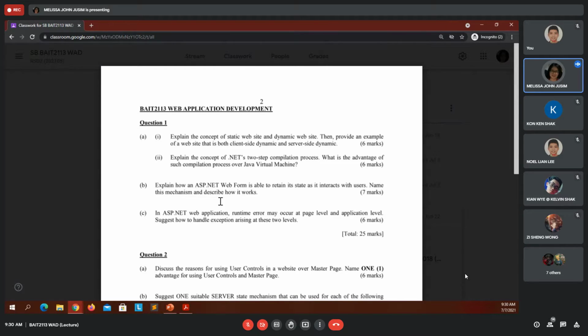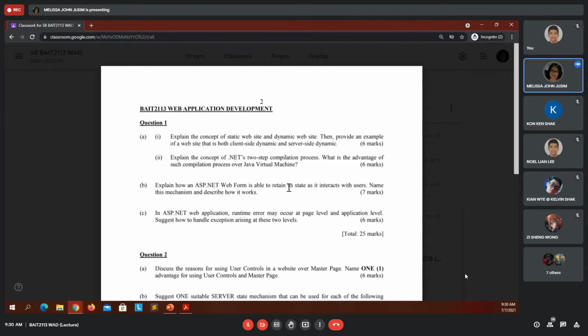This is definitely from chapter 3. How to make the web form retain its state means to keep all the values in the controls. Say for example, you have text boxes, perhaps you have your drop-down list already selected. So the question is, how will our web form retain the state?